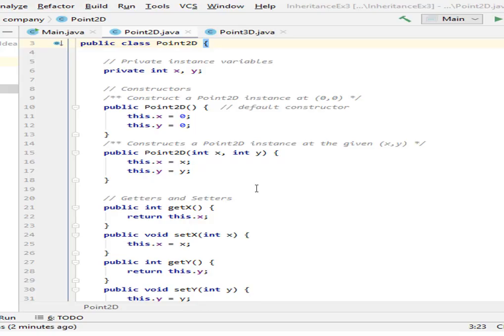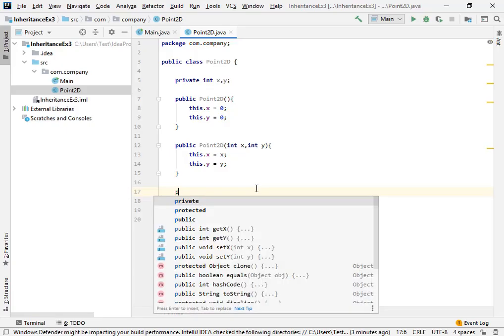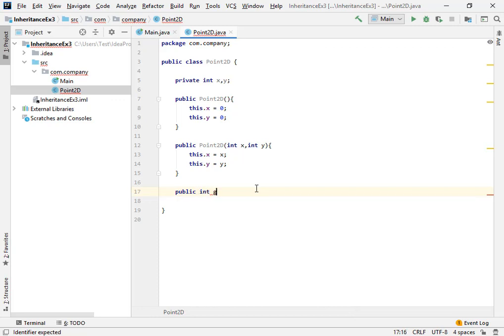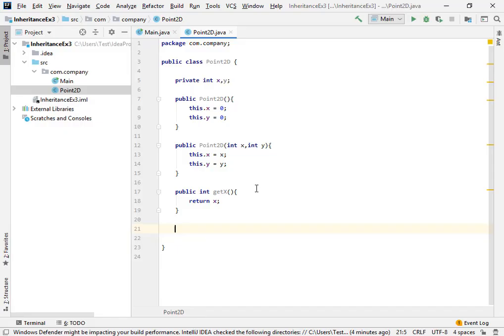So what I'm gonna do is create a public integer getter method which will return the value of x, and in the same way we're gonna make a public void setter method to set the value of x, okay.